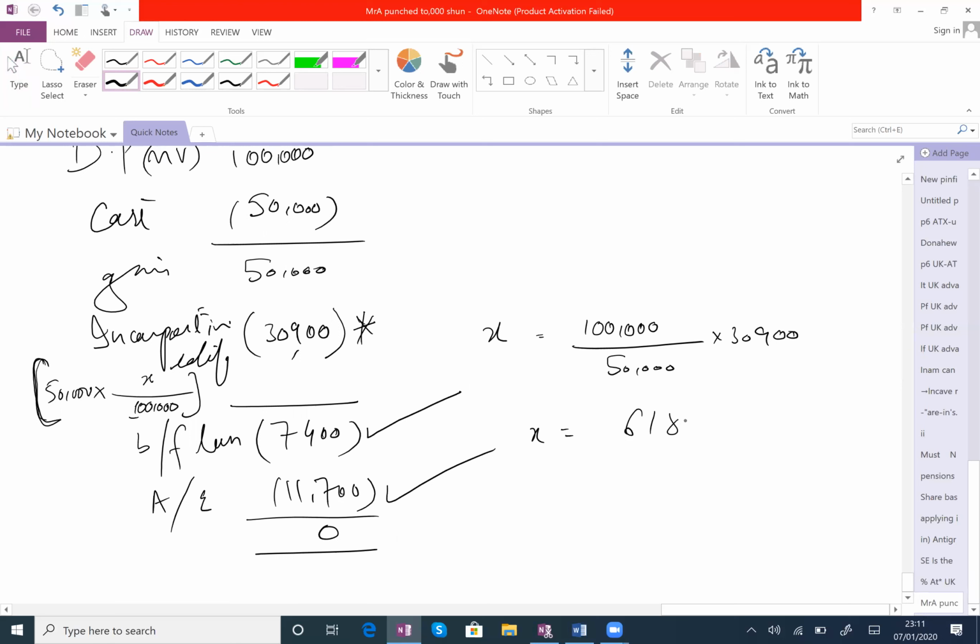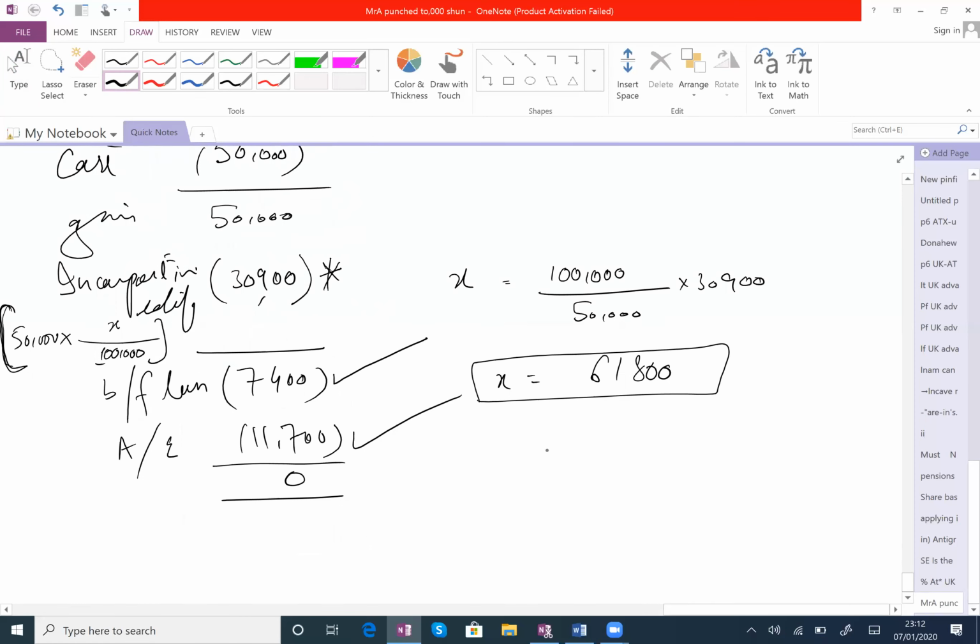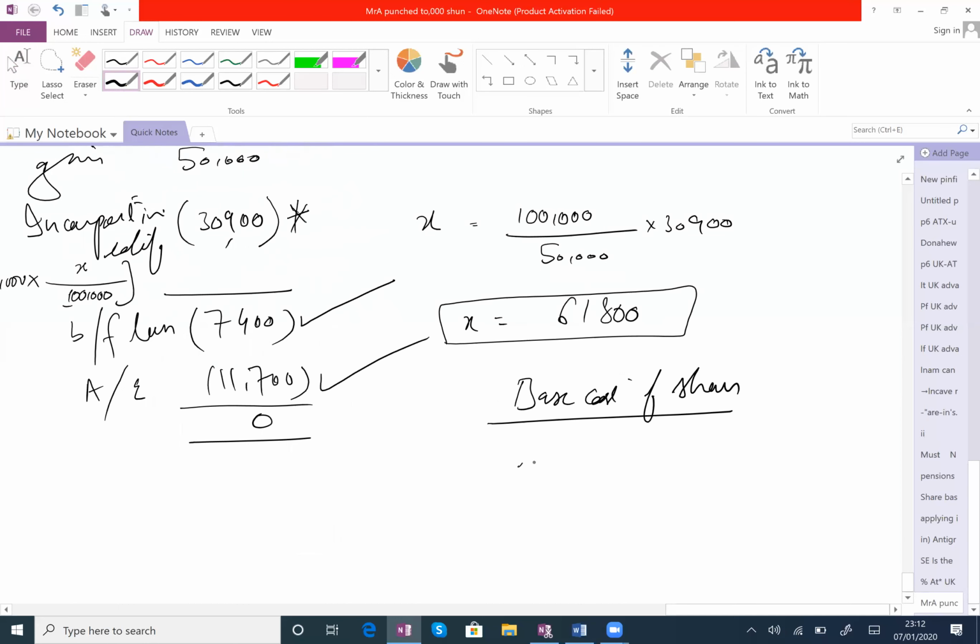61,800. It means in the 100,000 total consideration, the value of shares is 61,800 and the remaining value will be cash consideration. Okay. So now tell me the base cost of shares you have to calculate. Market value, meaning the cost of shares, is 61,800, which already